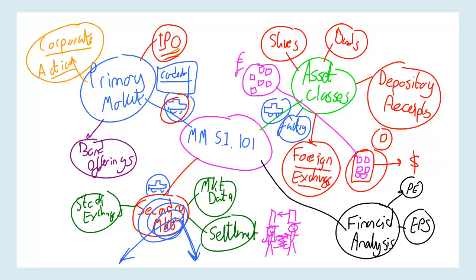A final area we'll cover on the Securities Investment course 101 is we'll cover risk and reward. So we'll cover portfolio management, the fact that if you take lots and lots of risk, you might make lots and lots of money, but you also might lose everything. So if I put all my money in Bitcoin and it goes up 10 times and I sell them all, then I've made loads and loads of money. But if I put all my money in Bitcoin and Bitcoin crashes, I'll lose most of my money.